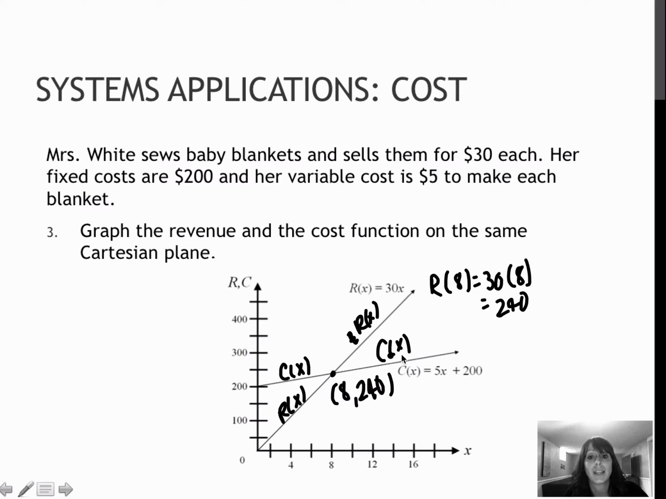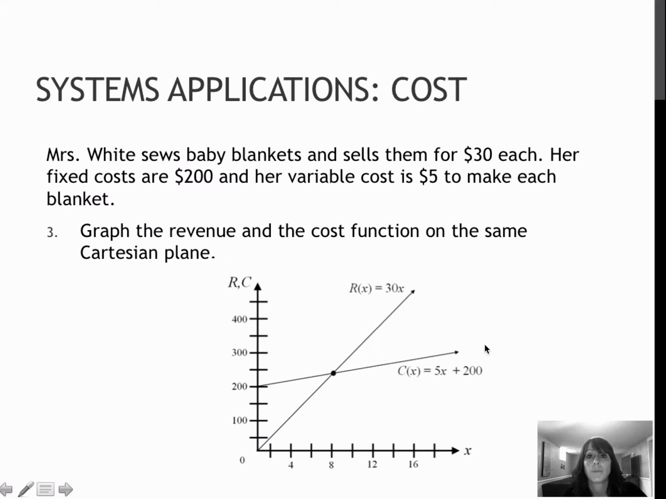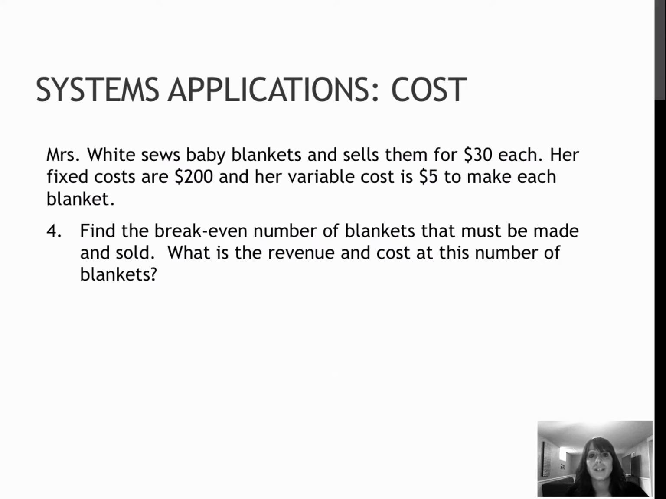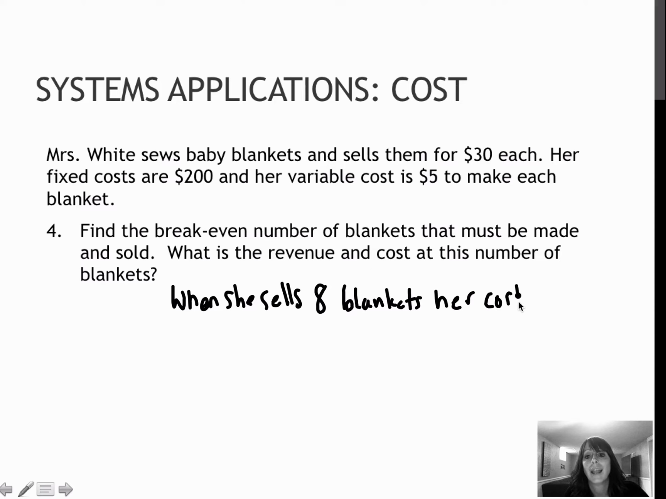If I'm not sure that that's correct, I can also plug it in for the cost function at 8, and notice that the cost function will also result in a value of 240, which means at 8 blankets, my revenue is 240 and my cost is 240. So on the next screen where they ask what that means, it means when she sells 8 blankets, her cost and revenue